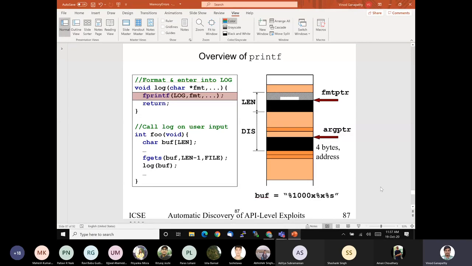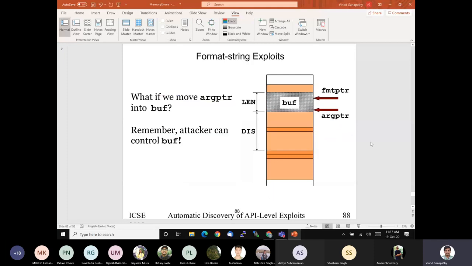So you can actually control how many bytes are printed out to the screen. And what I want you to notice over here is that in this particular example, the format pointer is moving inside this buffer over here, and the arg pointer is slowly moving upwards in its search for arguments. And so you could ask what happens if the format pointer moves in such a way that you keep searching for arguments and the arg pointer keeps moving up and enters into this buffer. That's certainly a possibility,